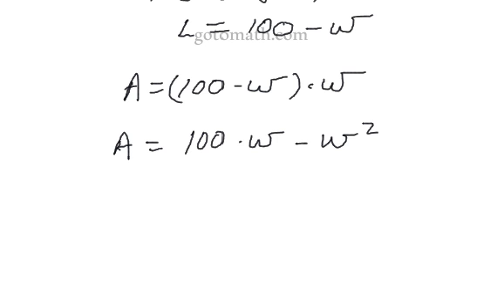All right, so what we're going to want to do is take the derivative of this. So I'm going to write A prime is equal to 100, right? The derivative of 100 times W